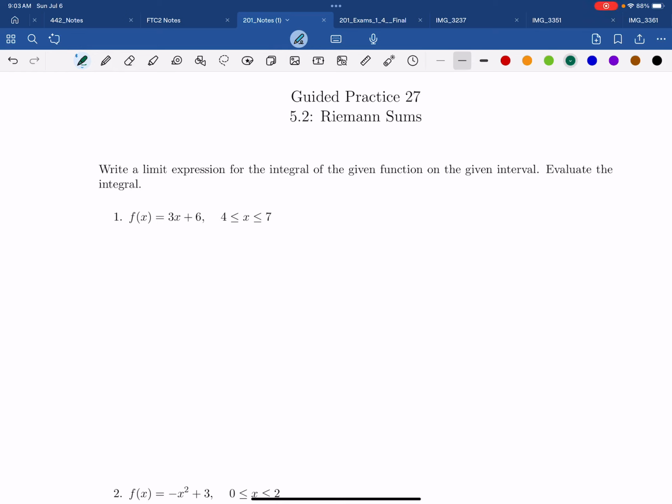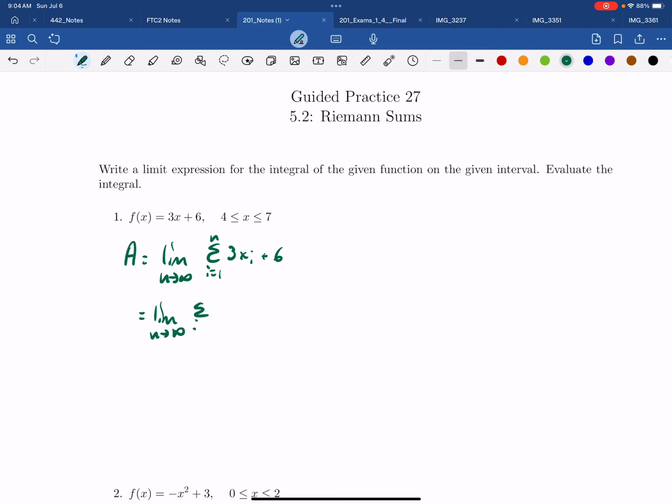Let's do a couple of guided practice problems. We're going to write the limit expression and then evaluate it using Riemann sums, okay? So the area is going to be the limit as n approaches infinity of the sum from 1 to n of 3 times xi plus 6. Now, what is that? Well, that's going to be the limit as n approaches infinity